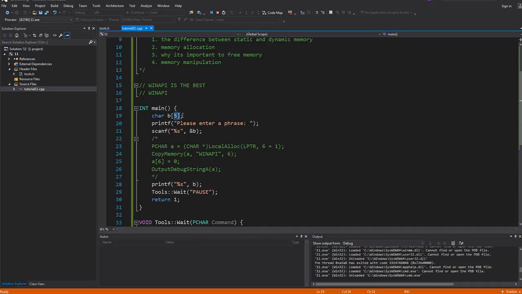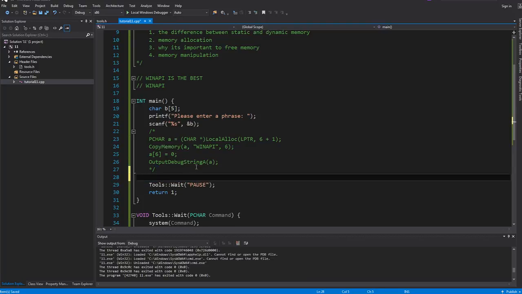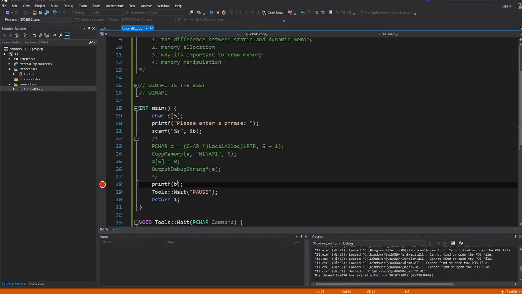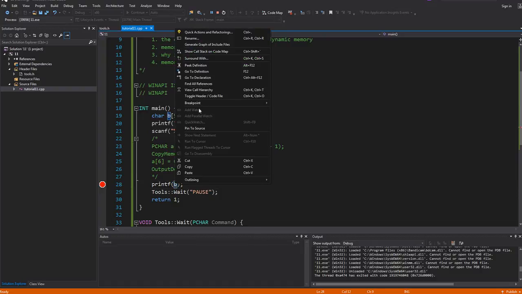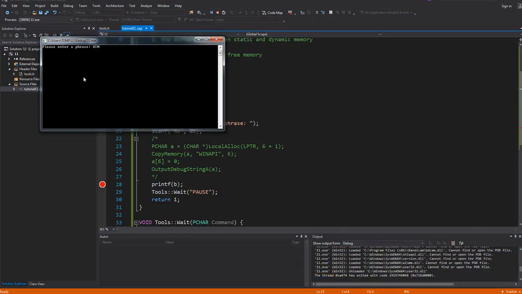However, we can't actually store the rest of these bytes in memory. So what I mean by this is, let's assume that I do something like this. Here, printf b. Set a breakpoint on this line. Run the application. Okay. Before doing anything else, I'm just going to add a watch on B. Just highlight B, add. Oh, I can't write because the console is asking me for input. I forgot. So enter a phrase. I'm going to do WinAPI